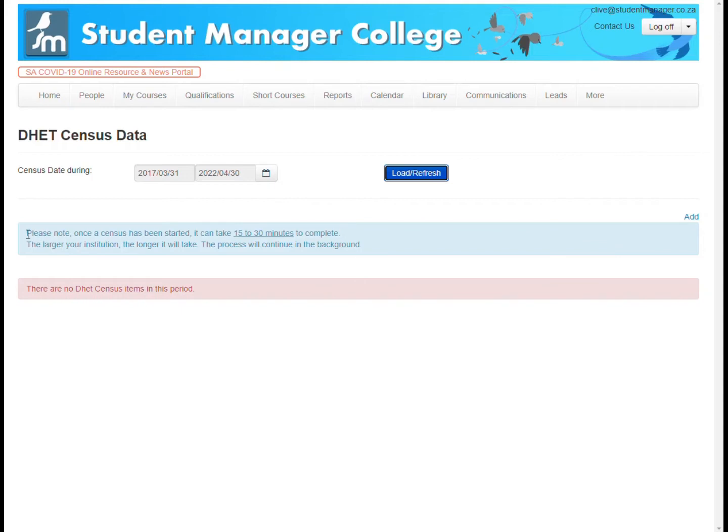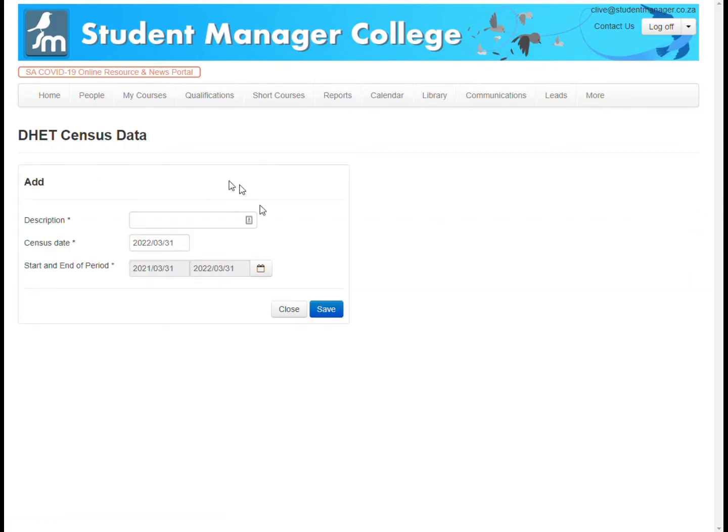The first thing we have here is, please note, a census has been started. It can take 15 to 30 minutes to complete. The larger your institution, the longer it will take, and the process will continue in the background. What does this mean? So when you create one of these extracts, so let's say that I want to do